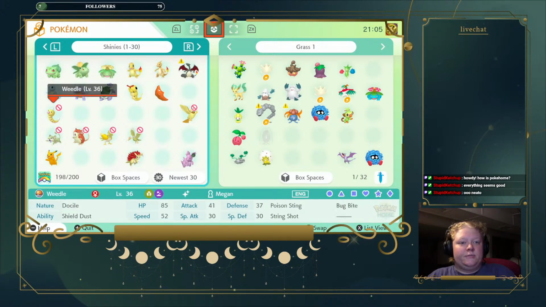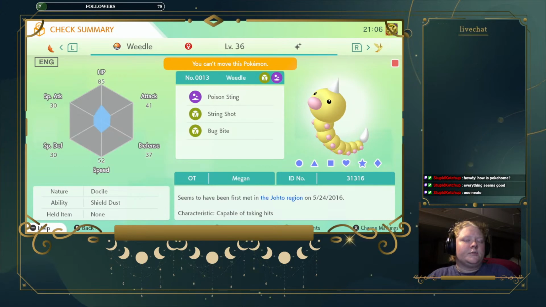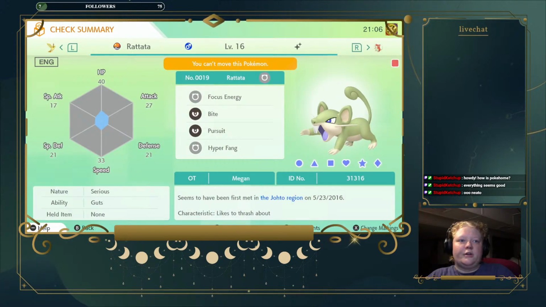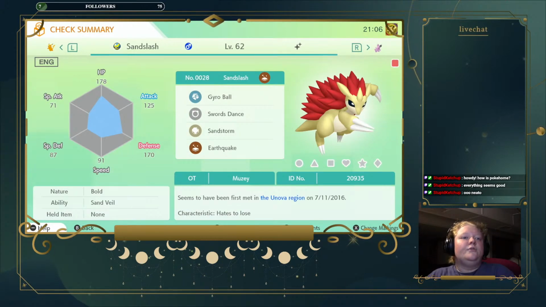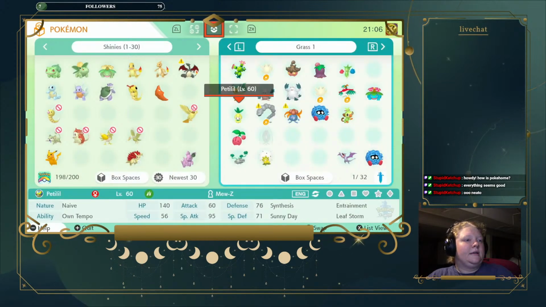However, what I want to do is bring them from their original games that they came from. So this one's in Johto. That is not correct. I want the one from Kanto. Johto region. Johto. Unova. Johto. Right? So...